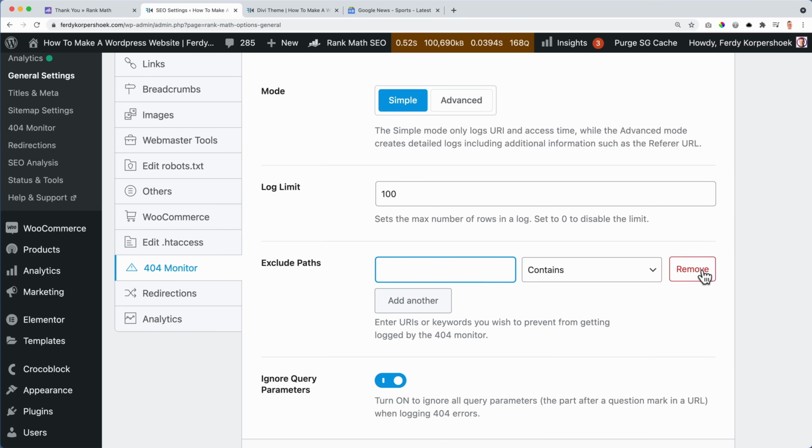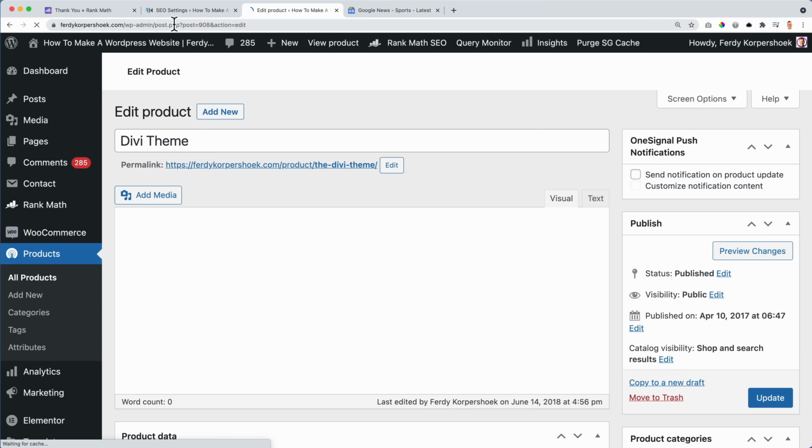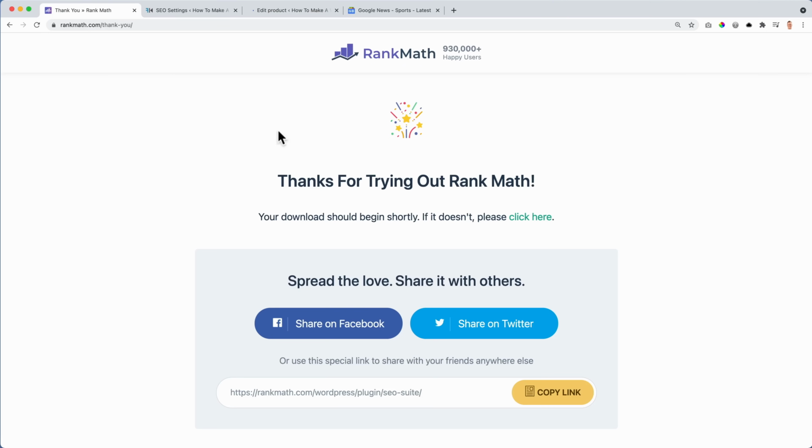I always want to see where my errors come from, and then I can use redirections in order to link them to the right URL. So if I have the Divi theme over here and I change it to Divi theme, then when people go to the Divi theme over here, they go to a 404 page, and then I can redirect them to the new and better URL.